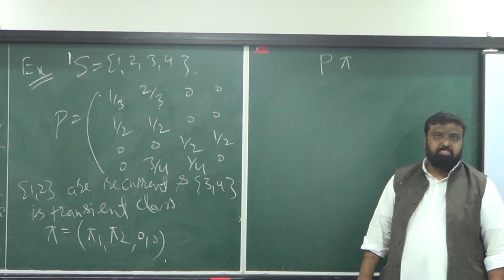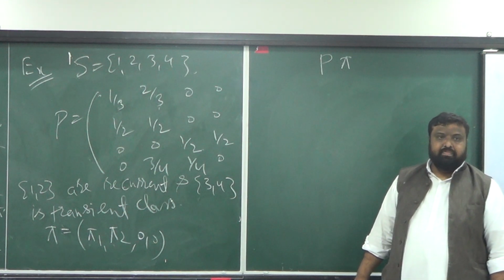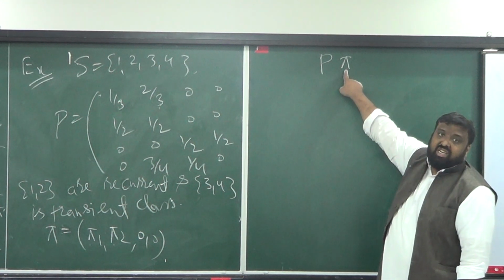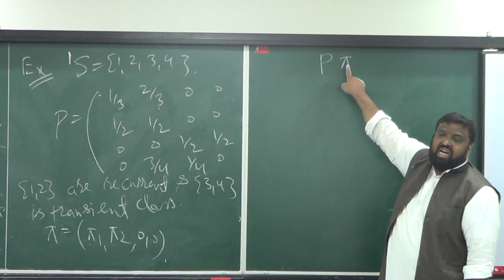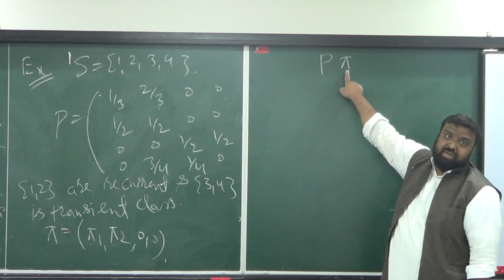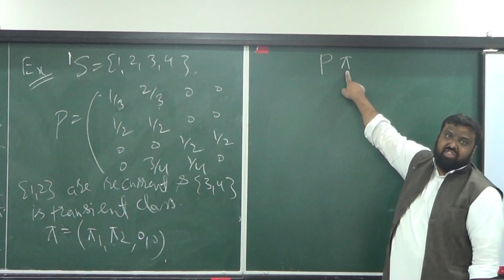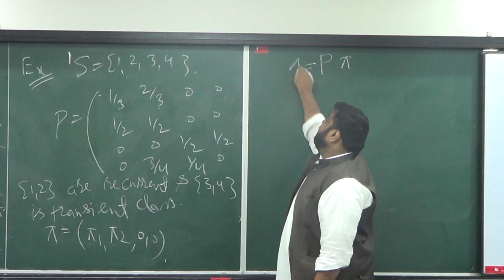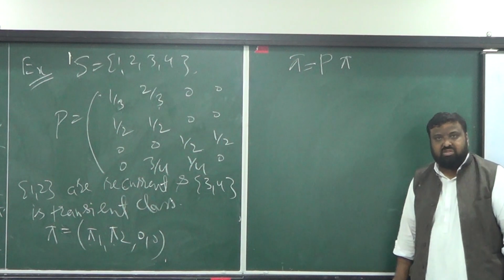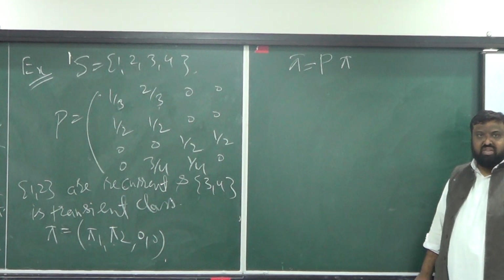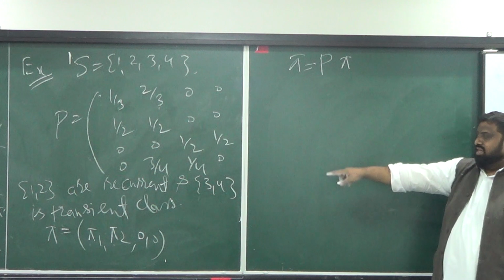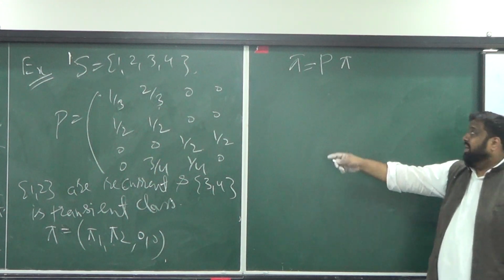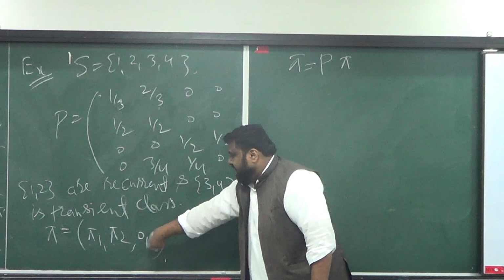The transition matrix takes a vector and shows how it goes in the next step. But if it's the long run, it should be the same. So you have P and your abstract pi, you will multiply them. Since these two things are 0,